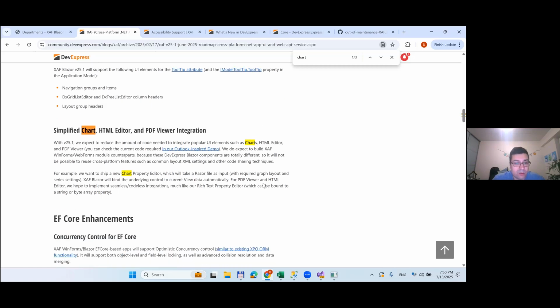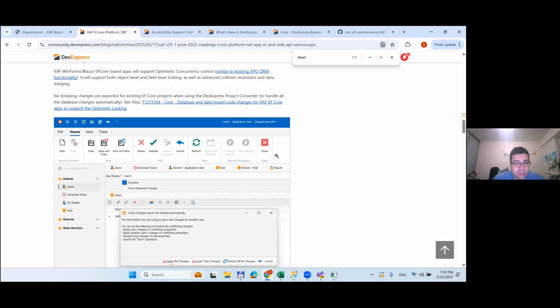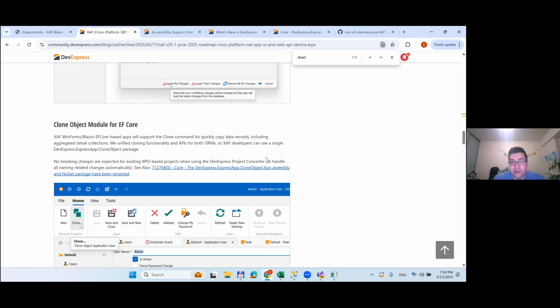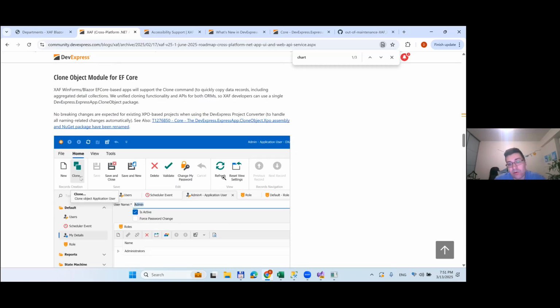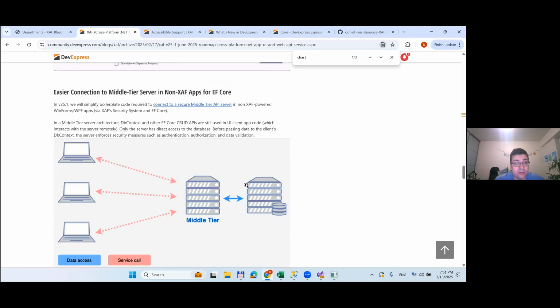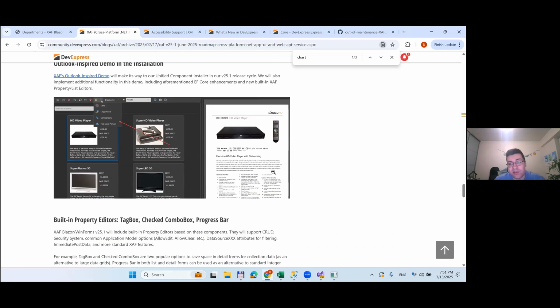Okay, let me get back to the remaining enhancements in 25.1. I already talked about clone object model support for both EF Core and XPO. Also, there are nice cross-platform enhancements. In the first place,